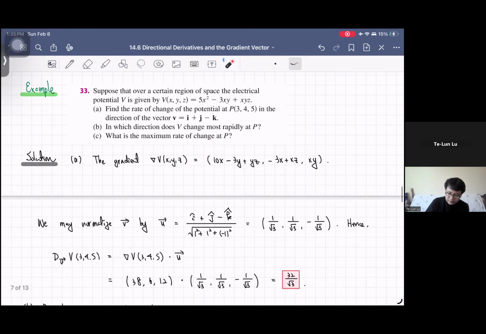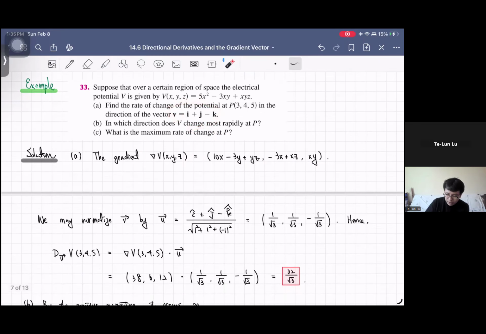And then we want to normalize this vector. So v is i + j - k, which is (1, 1, -1) with magnitude root 3. So this is the normalized vector. And then the directional derivative is simply the dot product between the gradient vector and the direction vector. And it turns out to be 32 divided by root 3. Just note that this comes from plugging x, y, z being 3, 4, 5 into this gradient vector. Okay,